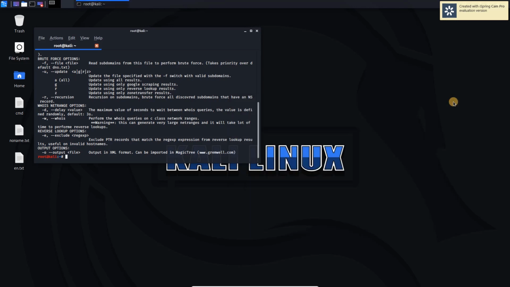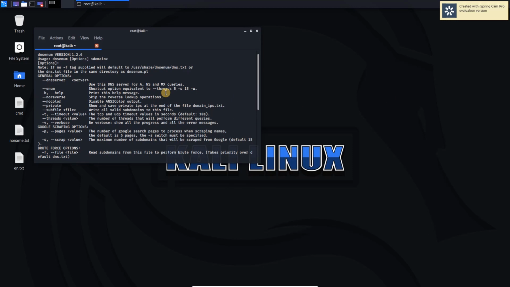It actually opens up the help menu when we type dnsenum. Let's have a small look at its help menu. Its usage is like this: we type dnsenum, then options, what type of option we want to put, and then the name of the domain.